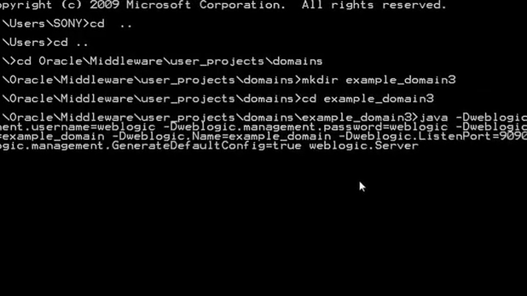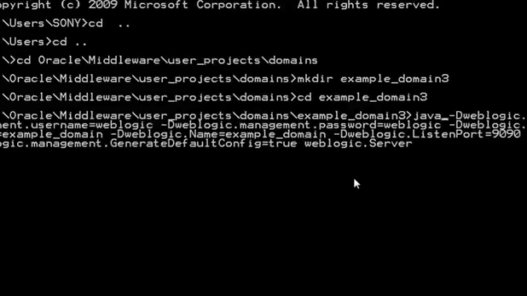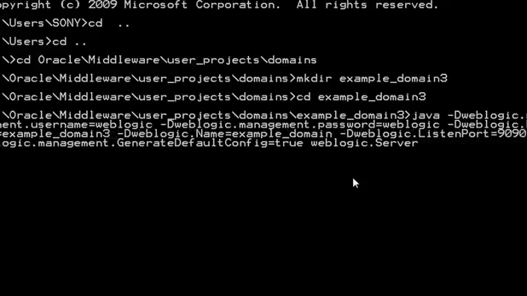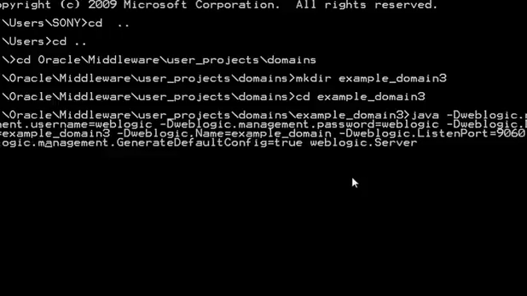execute this particular command. So this command is actually a Java program which is creating a domain, and the first thing is your username and the password. This domain -Dweblogic.domain must match the created directory, so I am adding 3 to it. So this is just a name for your domain, and the listening port, which I am changing to 9060, and